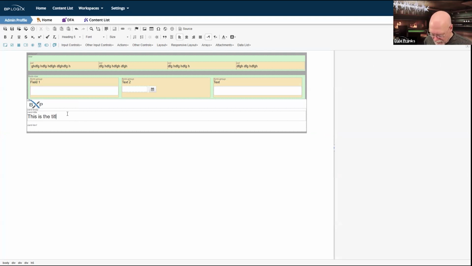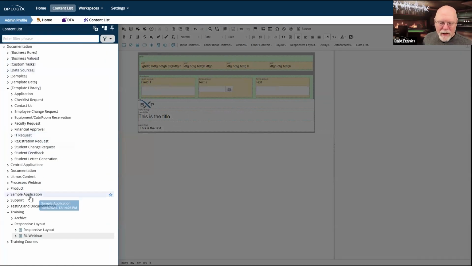Then I can throw in my card title. This is the title. And then I have my card text. This is the text. So when I run this, as we can see on the other form, I've got my card text, title, or my picture, title, and text. These are all technically formatted properly in terms of font and text and size. So that's a caveat we need to talk about, but we'll talk about that in a second.